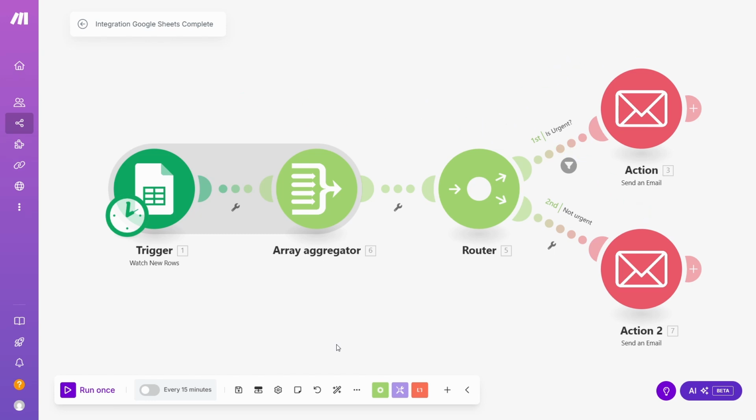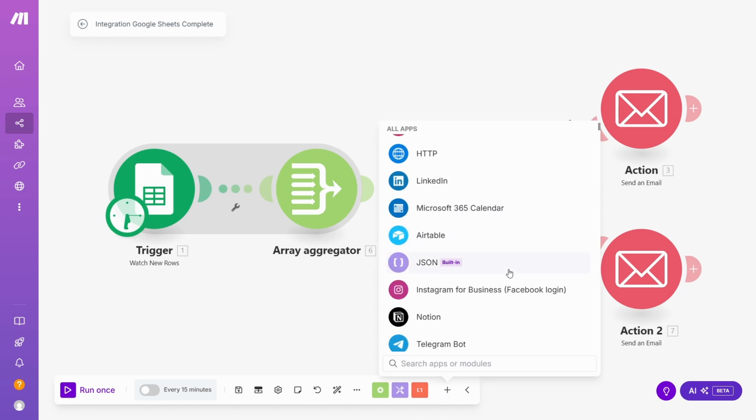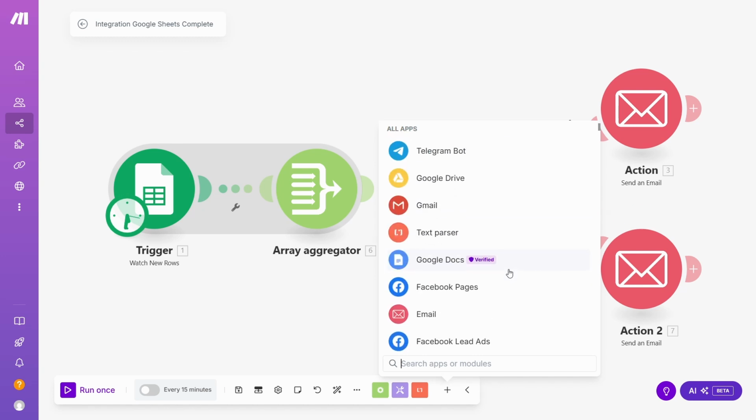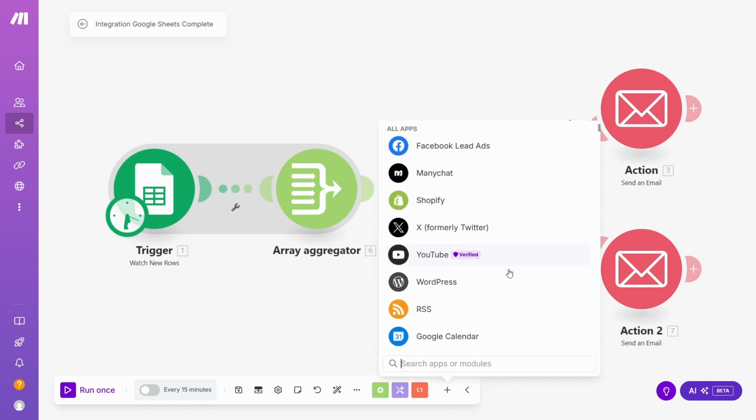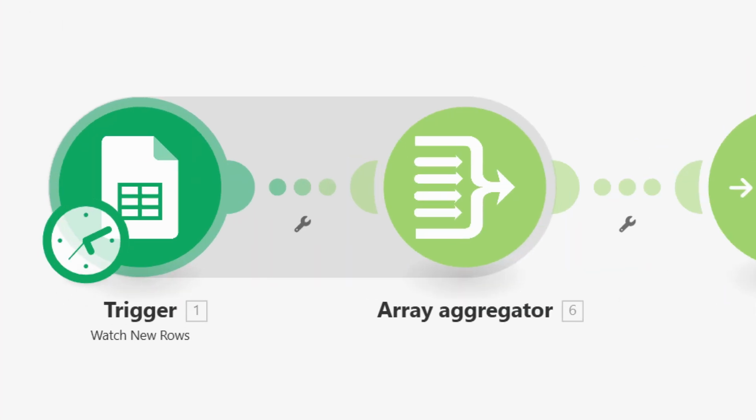and boost productivity. At its core, Make works by connecting apps through something called modules. Think of them as Lego pieces. Each one performs a specific task, and when combined, they build incredible workflows. There are four main types of modules: triggers, which kick off your scenario, for example, when a new row is